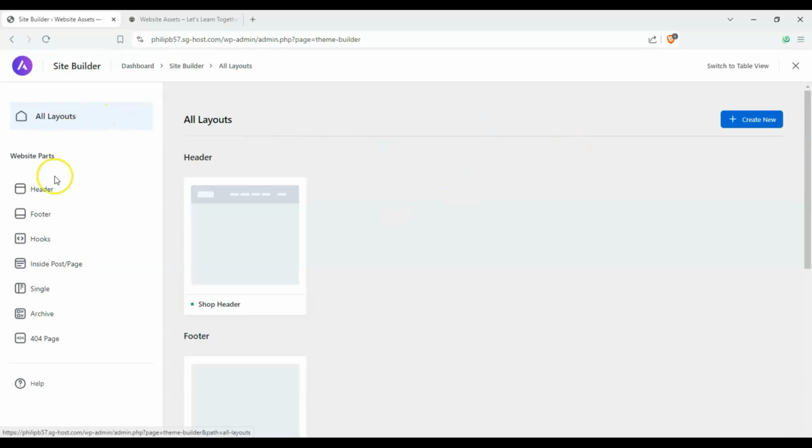Now, you can make basically anything that has to do with your web page, from headers, footers, hooks, inside posts or pages. These are like custom call to action widgets that you can make, layouts for those, custom layouts for single posts and pages, custom archives. So if you wanted to have a different layout for one product versus another, or a certain category, let's say